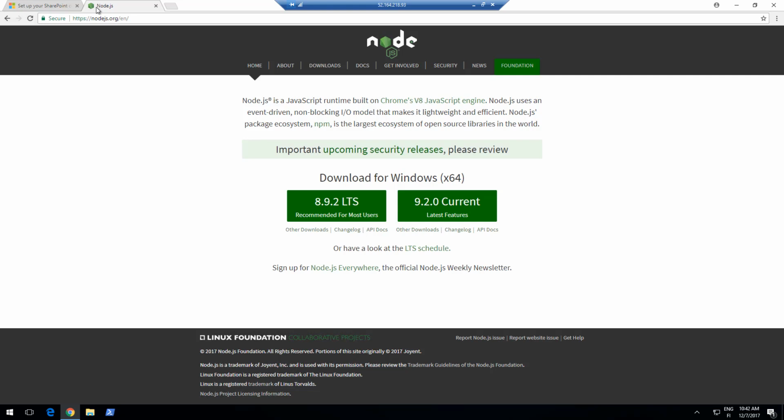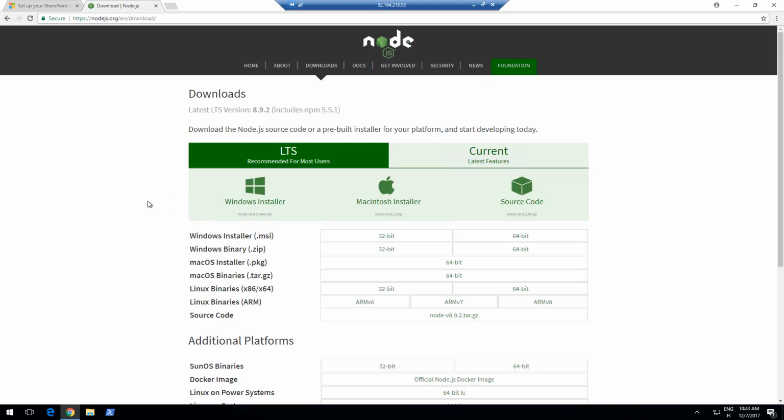But as mentioned in our written guidance, you will need to use a version 6.x to be able to do SharePoint Framework development on top of Node. There are ways of making 8.9 work, but we do recommend going to other downloads and installing the 6.x version of